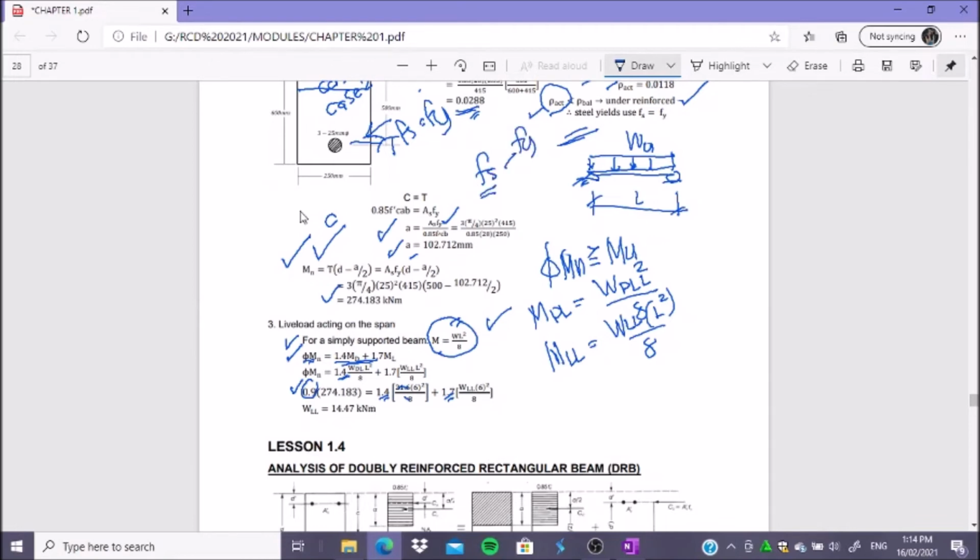Fy or 600 times (d minus c) over c. Just don't forget that. And the live load will be equal to 14.47. Okay, now since we used the formula for the maximum moment of a simple beam,